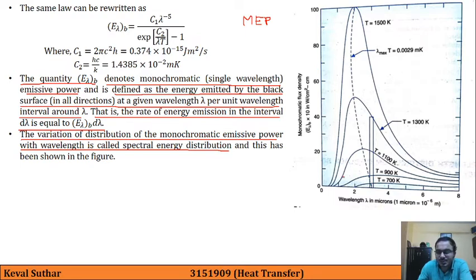Here, these are all constant temperature curves, and at lower temperature, let us take the example of 700 K or 900 K, the monochromatic flux density remains almost constant over a larger interval of lambda. But as the temperature increases, we can see a huge variation in the monochromatic flux density.